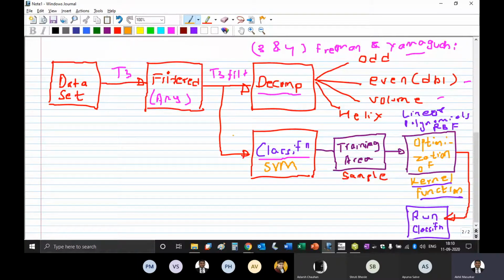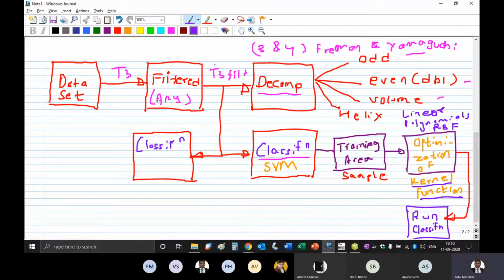There are many other classifiers. So what could actually happen is that if you classify something and you see the confusion matrix that it is not good, then what can you do? You can go to another classifier. Let me call it classifier 2.